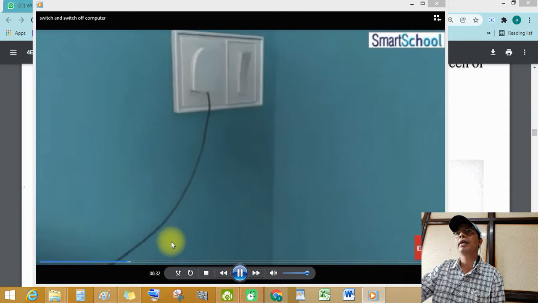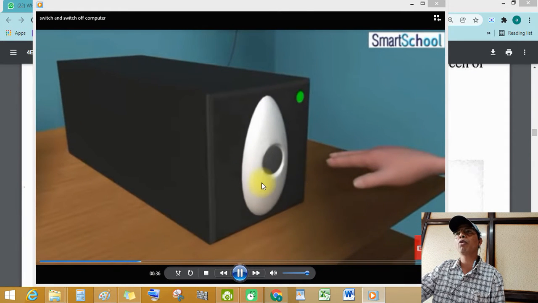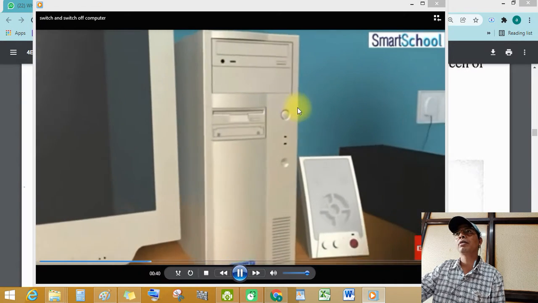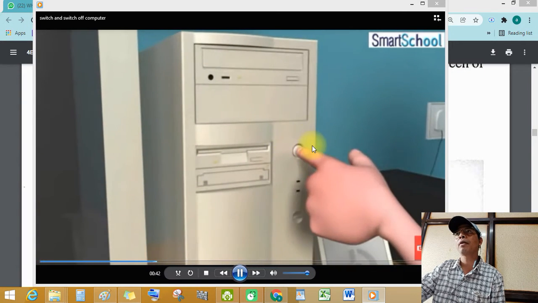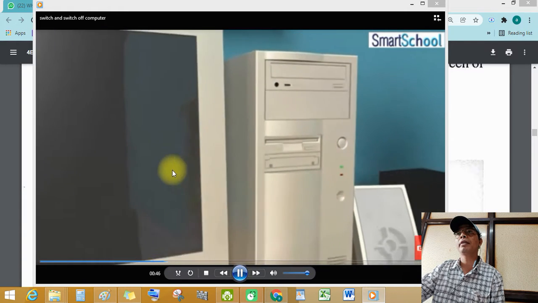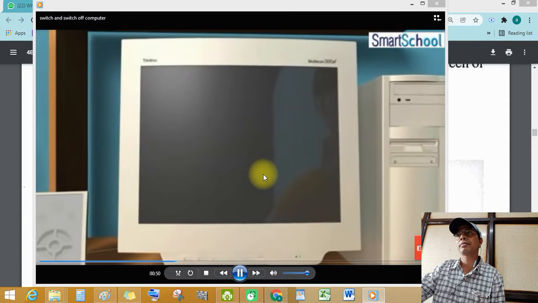Then switch on the UPS button, power controller and stabilizer. Then switch on the power button of the CPU and then the computer starts.